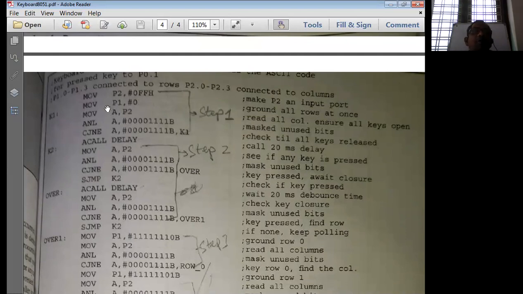And port 1 we make all zeros. So ground all the rows at once. That means we are simply moving 0 into port 1. And next, what are we doing now? We are moving the contents of port 2 to the accumulator. Then we are using the AND operation. Use logical AND operation